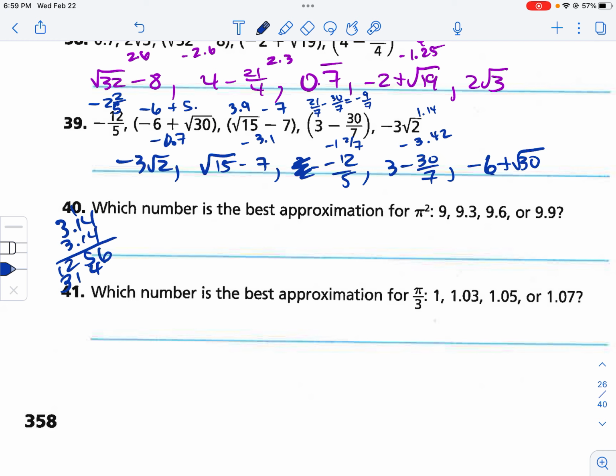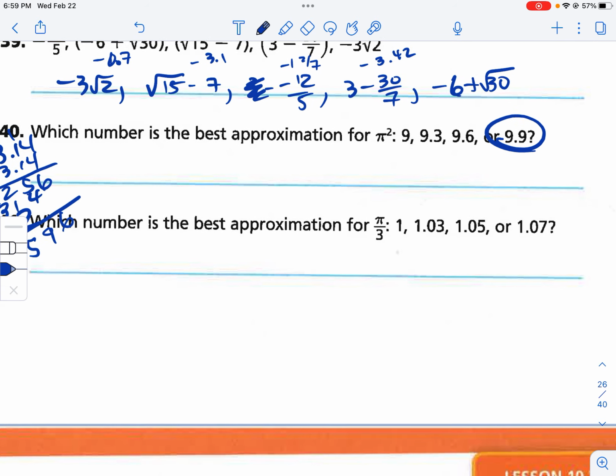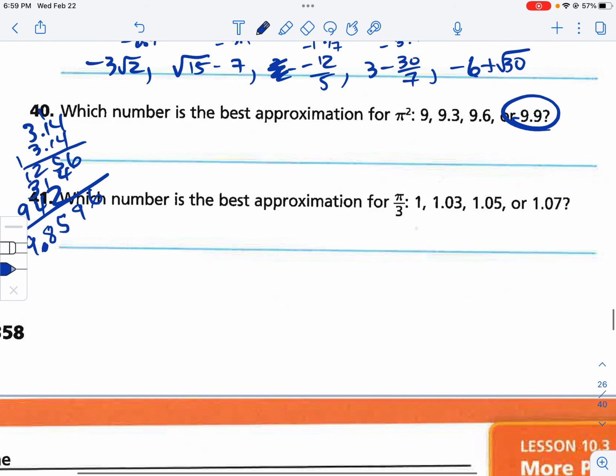That is 12. 3, 4, 9, 6, 9, 4, 5, 7, 8, 9, 4 decimals, 9.8, 9.9. Which number is the best approximation for